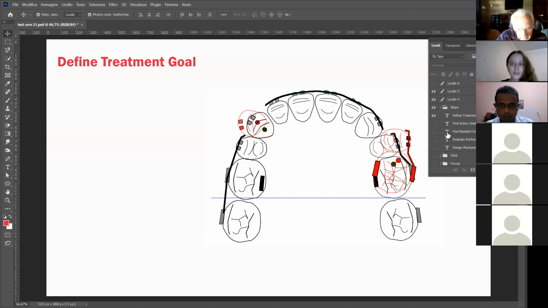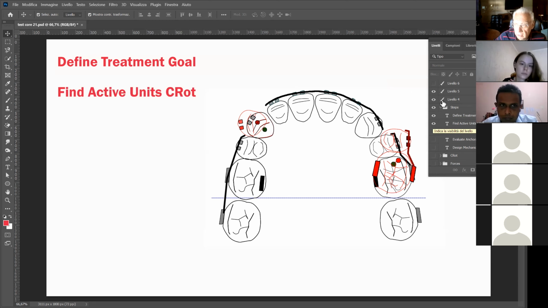Yes, for anchorage, yes. Okay, so you are defining reactive units and active units. And for the active units, you will have to find out which is the needed force system, which is corresponding to the movement that we have, or to the goal that we have designed. Okay, so very good. If you have comments, you just stop. We are a limited number, with about half of the classes here, so you can interrupt and get in at any time. Okay, so